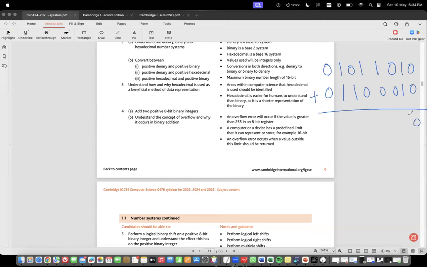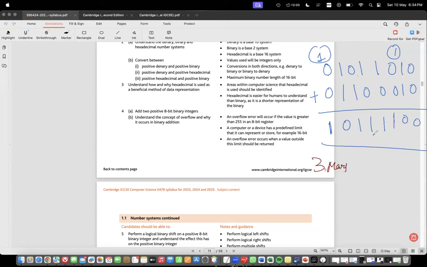Then 0 here, but carry 1, so it becomes 1 here. Then here is 1 again. Then this is 1. And this is 1. Then this is 0, but you carry 1, so it becomes 1. Okay. So if this question is of 3 marks, Gia, most of the time it is of 3